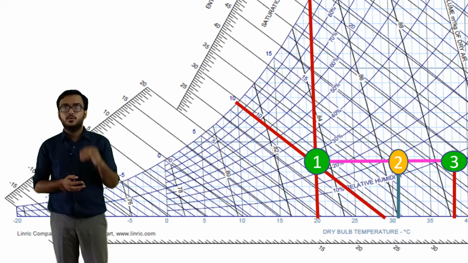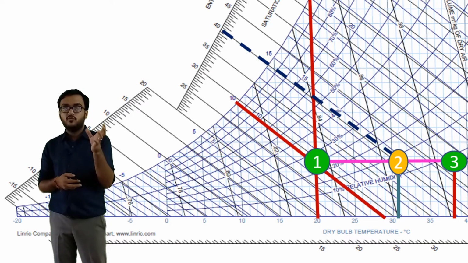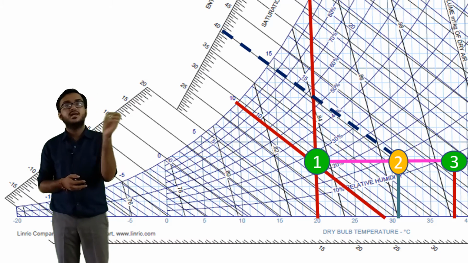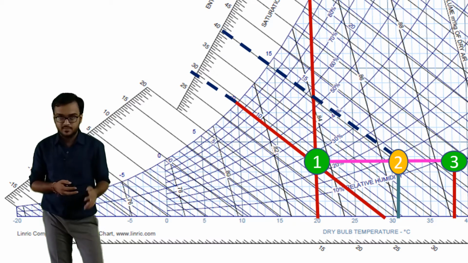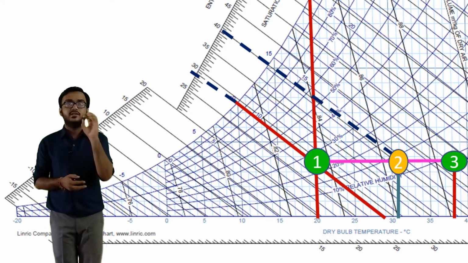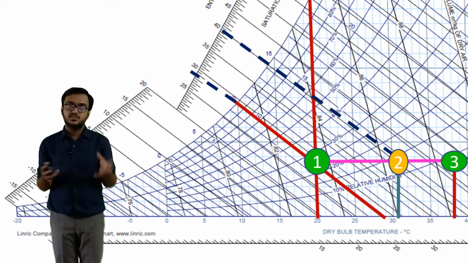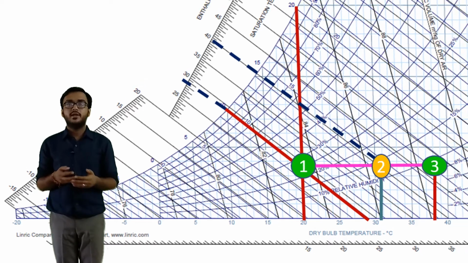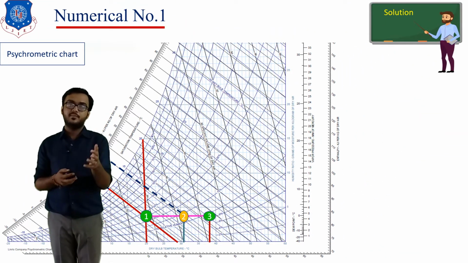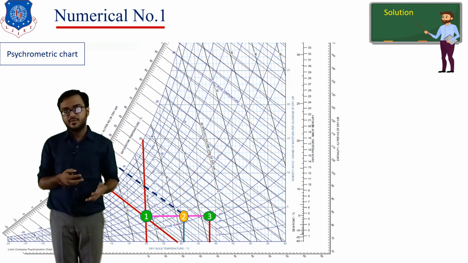Now you need to calculate the enthalpy in order to identify the amount of heat addition. Here I have plotted two dashed lines to identify the value of enthalpy. Just plot two parallel lines like this and read the value of enthalpy. Once we have this, you are able to calculate the different parameters at the outlet of the coil, like dry bulb temperature, wet bulb temperature, enthalpy, specific volume, and relative humidity.